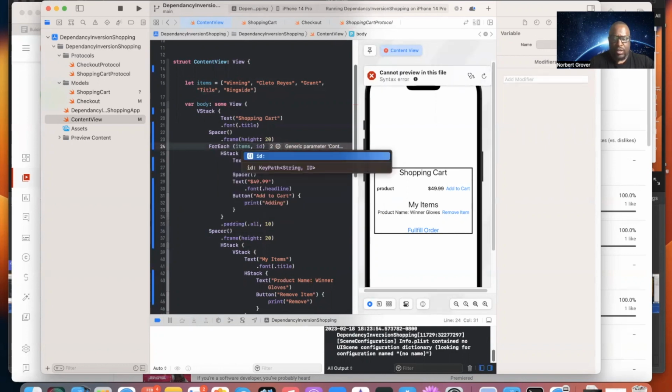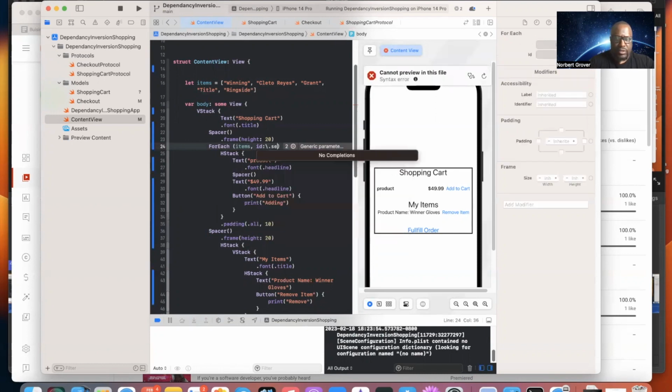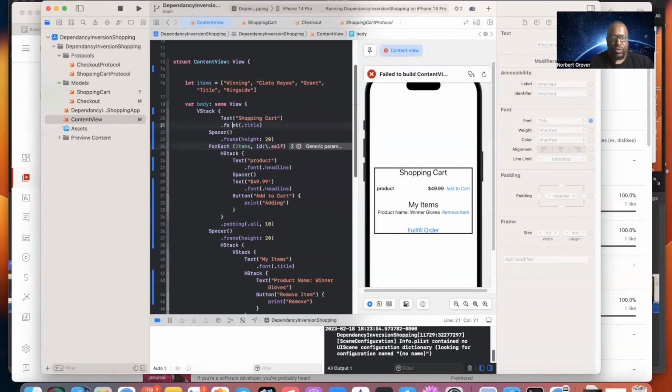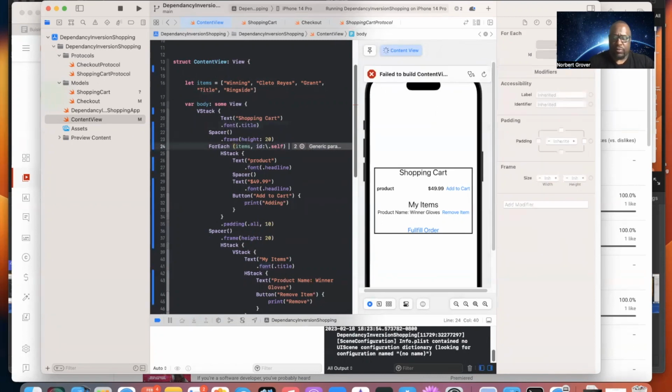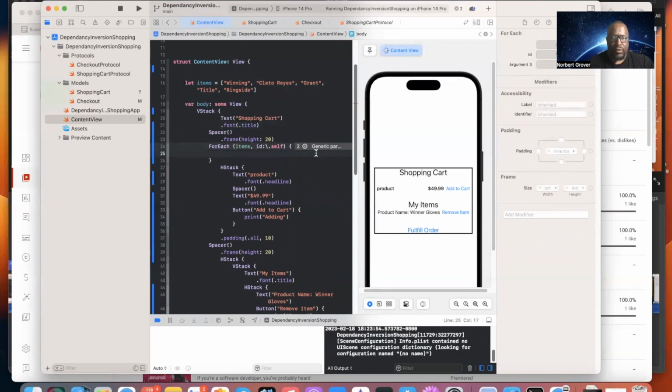And since this isn't a custom object, you do it like this, dot self. This is what you do when it's not a custom object, stuff like a string or an integer. Oh my God, my cursor keeps jumping around. Okay, right here. And then I'm going to say item in,